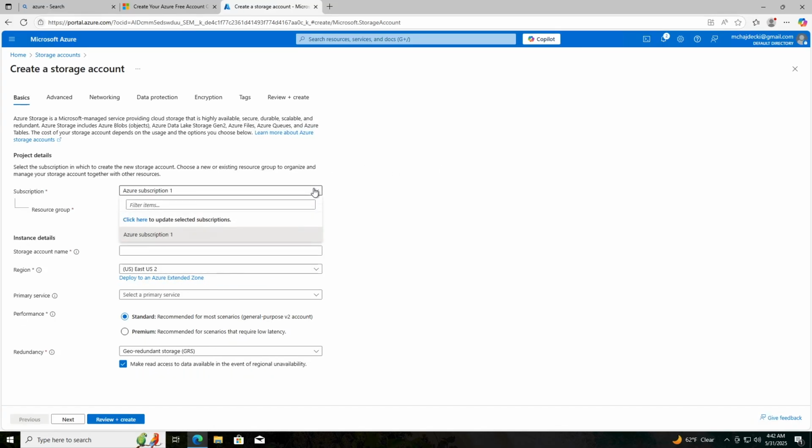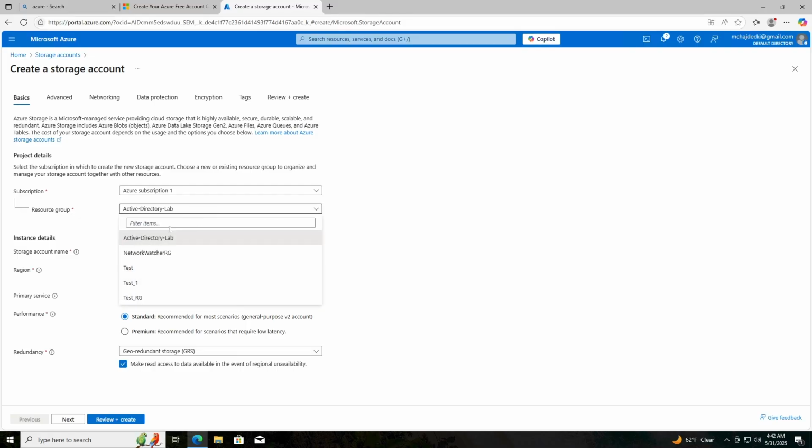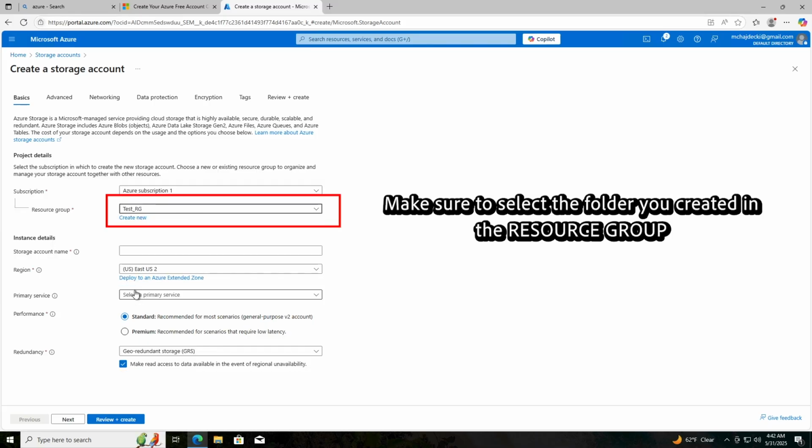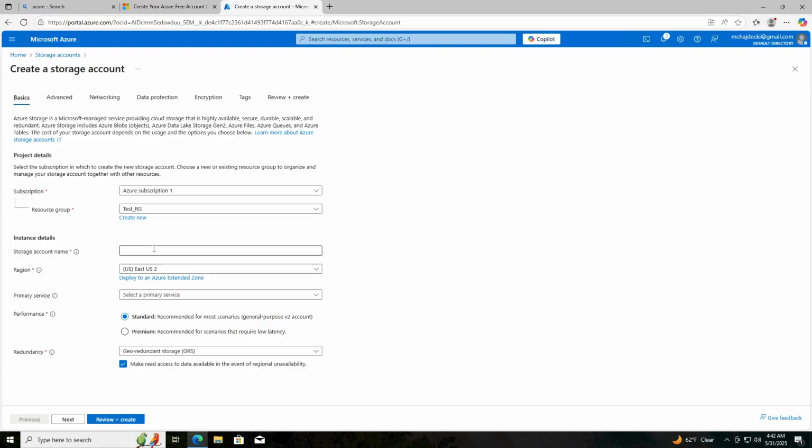Basically, the same rundown as in the resource group. Azure subscription or pay as you go will be the option. Here we want to select the folder that we created for the resource group. And we'll navigate down and name it what we like. For this particular one, I will write tester